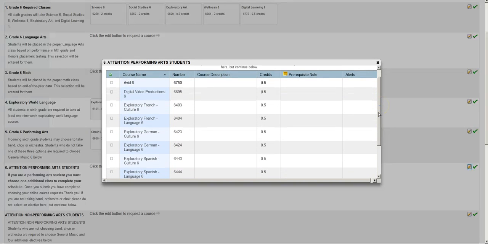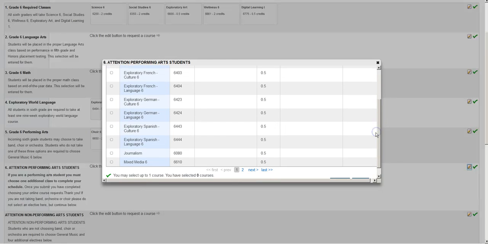Please be careful not to choose the exact same class that you selected in line 4. Because I chose Exploratory French Language, I could choose French Culture. Keep in mind that then going into 7th grade, you will need to choose either a culture or a language class in German or Spanish, because you cannot repeat those classes, and we want students to gain a variety of different experiences. Scrolling down, we also have journalism, mixed media, which is a 3D art class, and on page 2